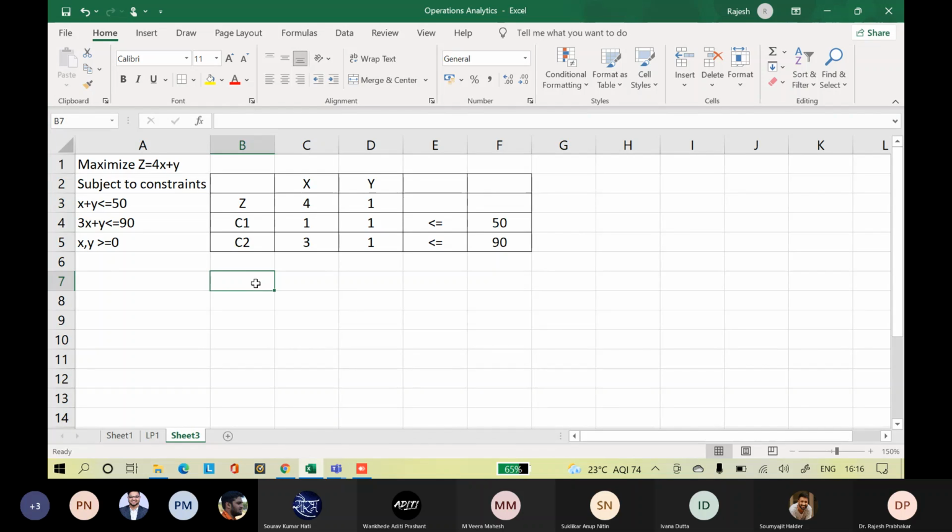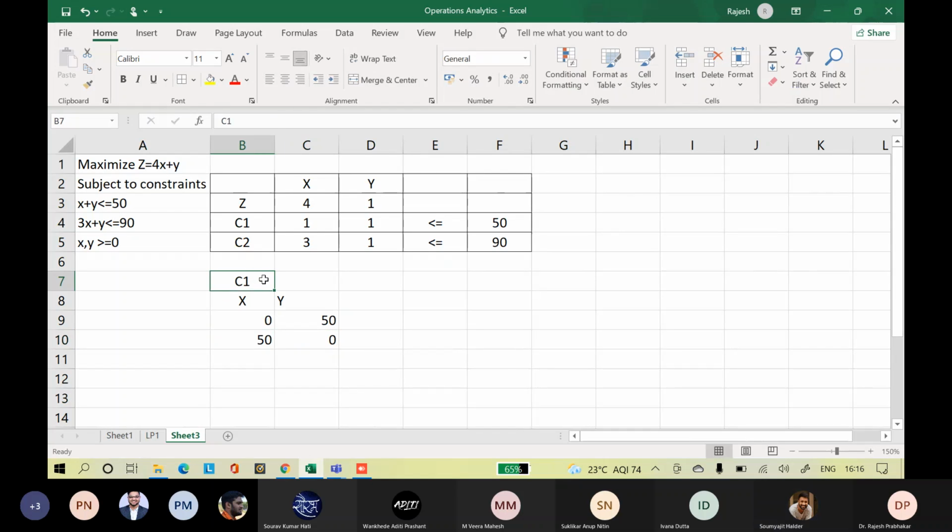Now calculate C1, x and y. In the first equation, if you put x is equal to 0, what will be y? Y will be 50. If you put y as 0, what will be x? 50, right.